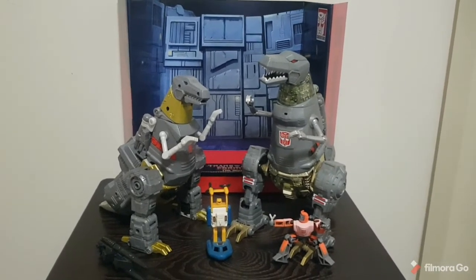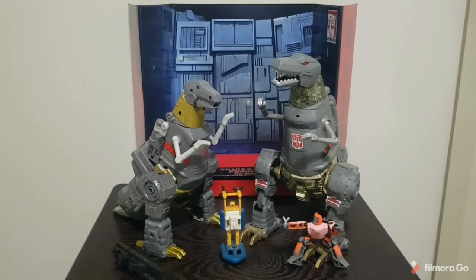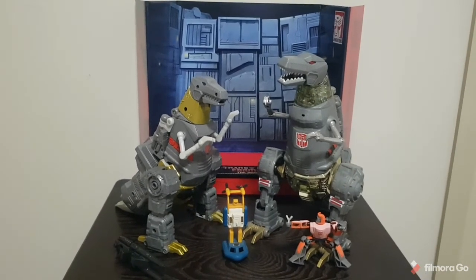For me, I'm not a fan of Wheelie, so he's gone. I'll just put him in a toy box somewhere, pretend he doesn't exist. A bit like Jar Jar Binks, as I said before. So, but yeah, I will be